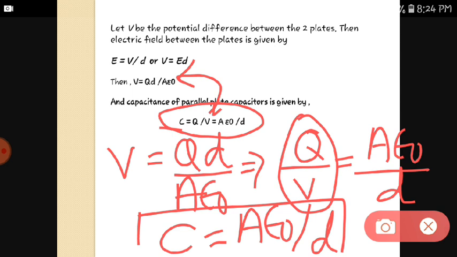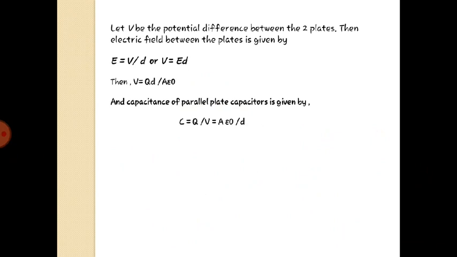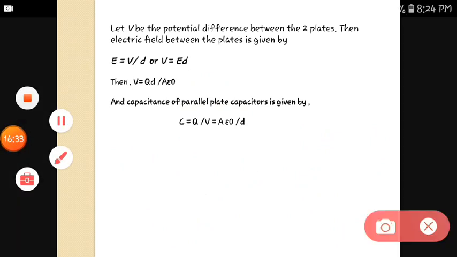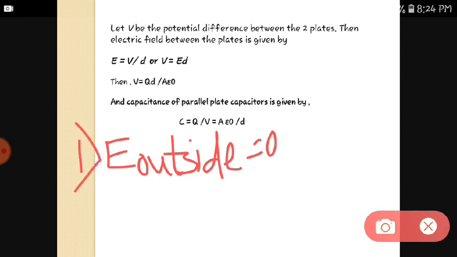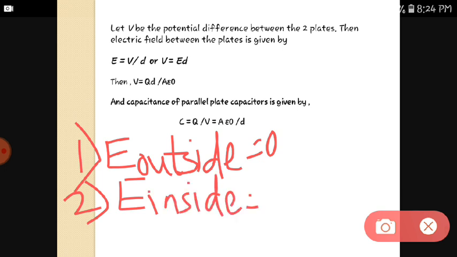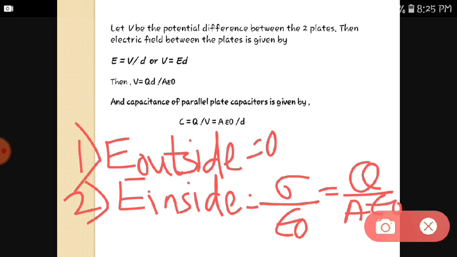Okay. So in this, what you conclude, how you can remember this, that is capacitance when no dielectric medium is there. The first point that you have to remember is that the electric field outside is always 0. I'll write the points over here. Electric field outside, points to be remembered, should be 0. This is the first and very important point. Second, E net, that is E inside, is nothing but sigma upon epsilon 0, that is nothing but Q by A epsilon 0. This is the second point to remember.